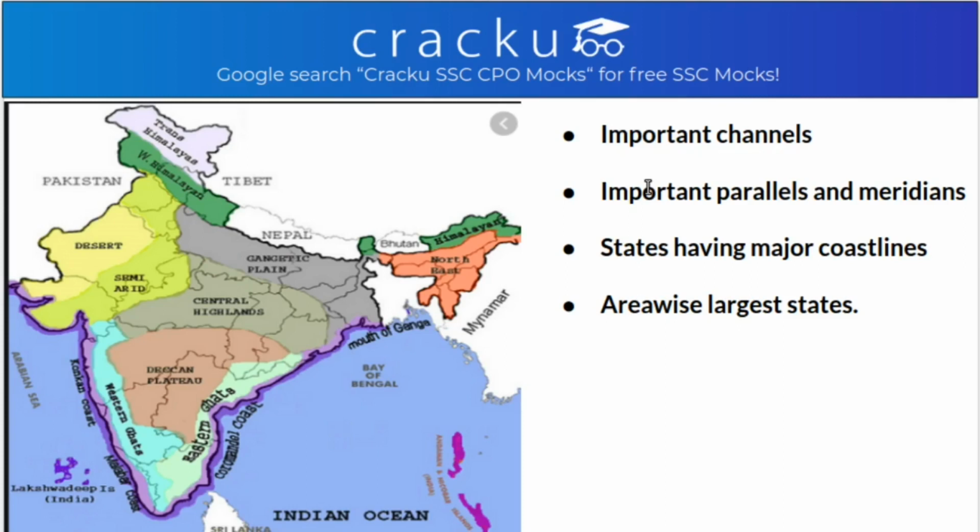With this, the largest state area-wise in India is Rajasthan, whose area is 3,42,239, that is 342239 square kilometers. Second is Madhya Pradesh with 308245 square kilometers. Then comes Maharashtra, the third largest, with 307713 square kilometers. Then comes Andhra Pradesh with 160229 square kilometers, and Uttar Pradesh with 140928 square kilometers. So the largest state area-wise in India is Rajasthan.